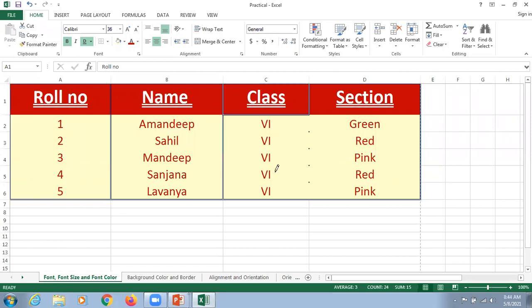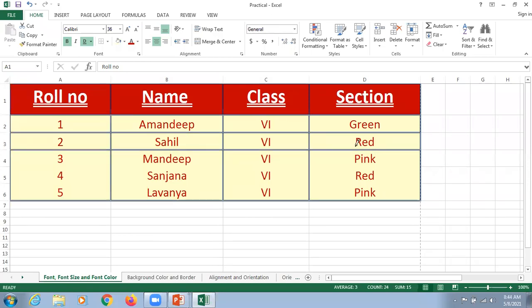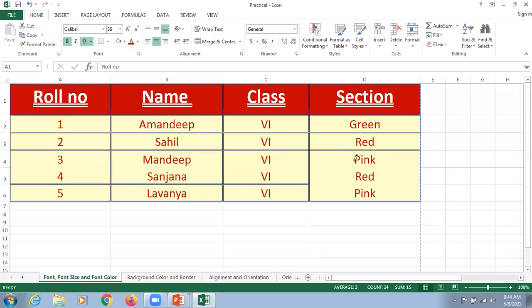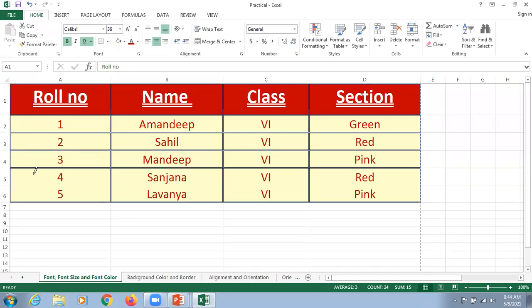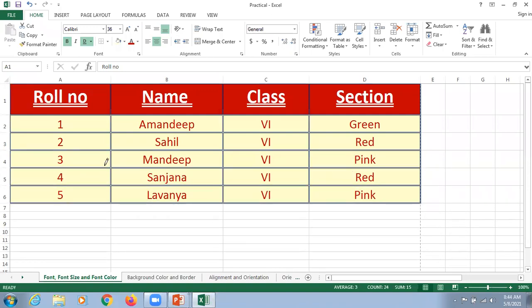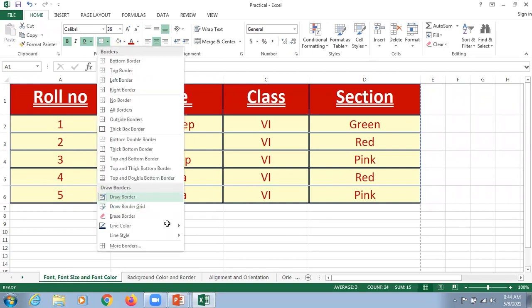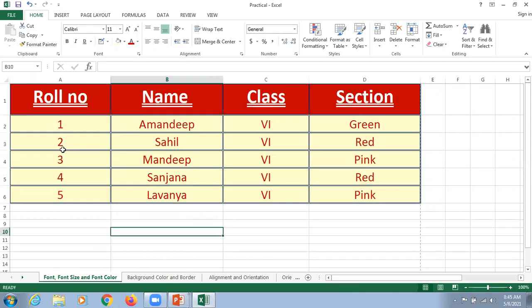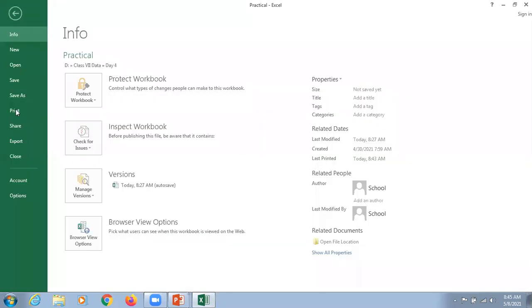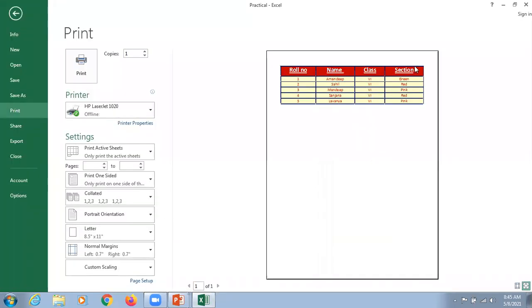We can select, simply holding the left button here, dear students, and we can drag towards the different locations like this. And they are supposed to apply the border. So this is the way, and when you want to stop that, you can again click on draw border, and that pencil which is appearing on the screen is going to disappear from your screen. So what we do, beta ji, we can again click here on file, and then there is a print option, and it says yes, this border is supposed to be appearing on the screen.